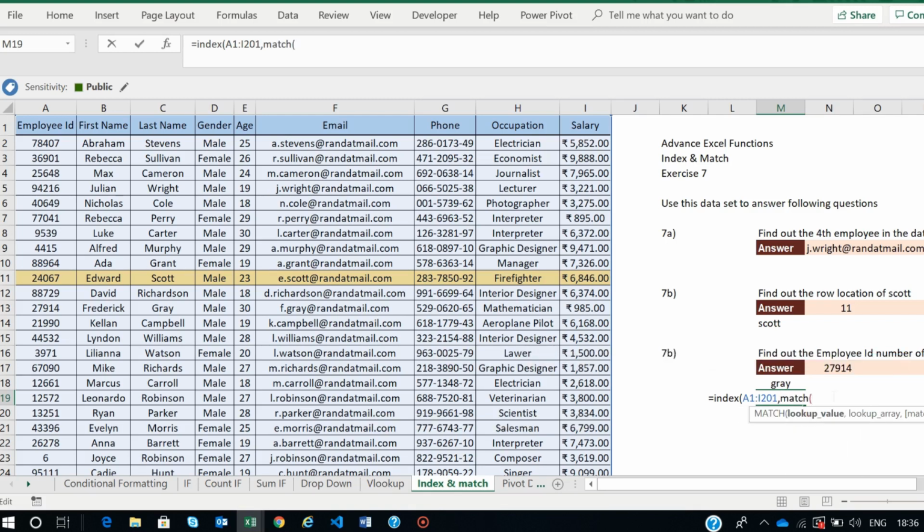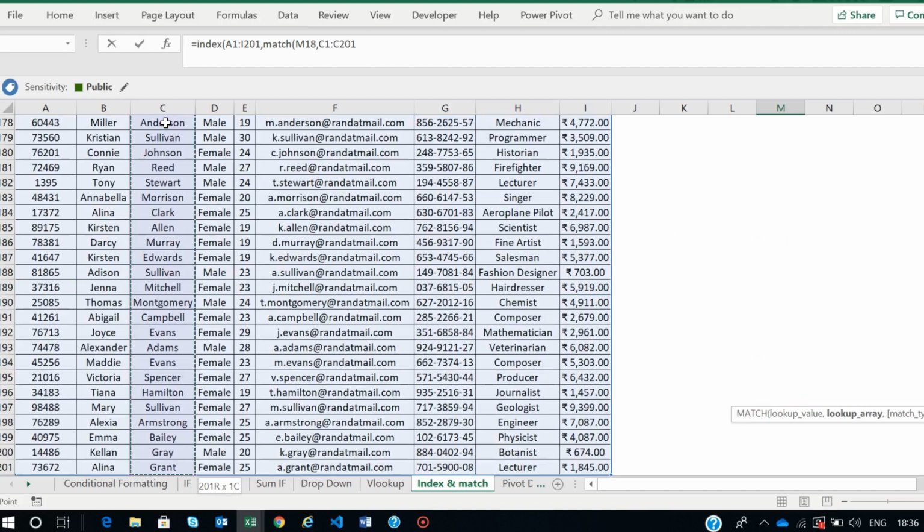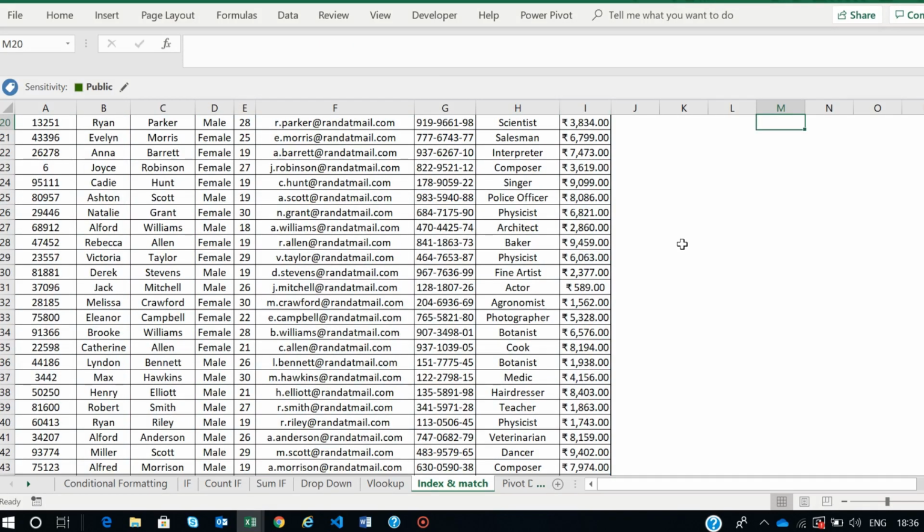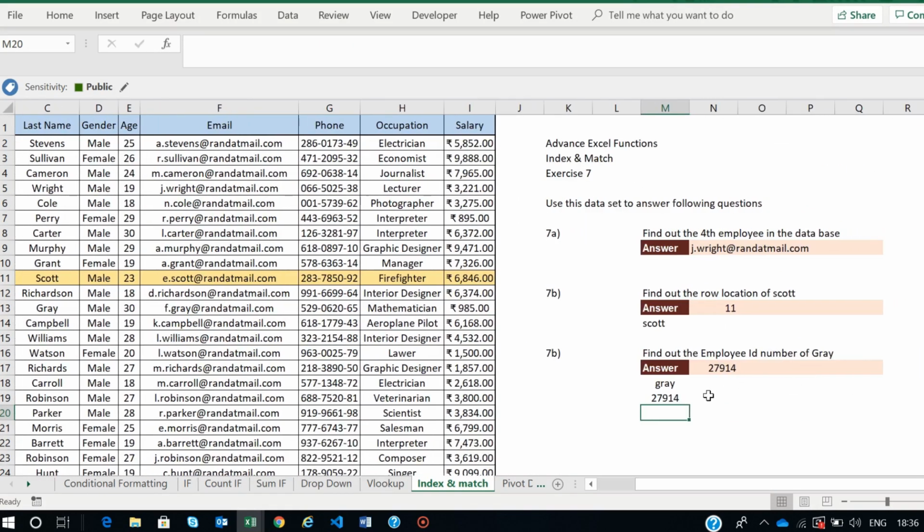So match the lookup value. This is the lookup value. And where is the lookup array? The lookup array is in my third column. So this is the column which I want to use here, and then 0. And what is the column number? What is that column number in which you want to find the value? The column is column number 1. So this is the output,